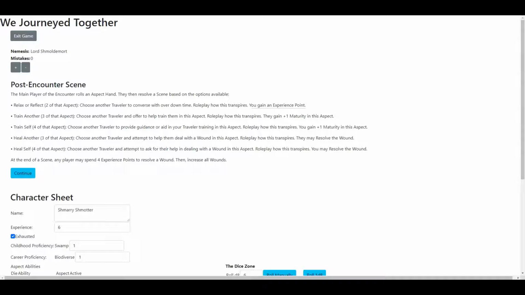For all other results, the aspect that you will use will affect what you can do. For example, if you train another, you may only train another character in the aspect maturity corresponding to the 3 aspect uses you have. Since I rolled 3 A and C and 2 I and A, then I can only train another in A and C maturity, no other aspect. If I heal another character, I may only heal an A and C wound by the same logic. The same goes for training yourself or healing yourself, except obviously you would be affecting yourself and not another character